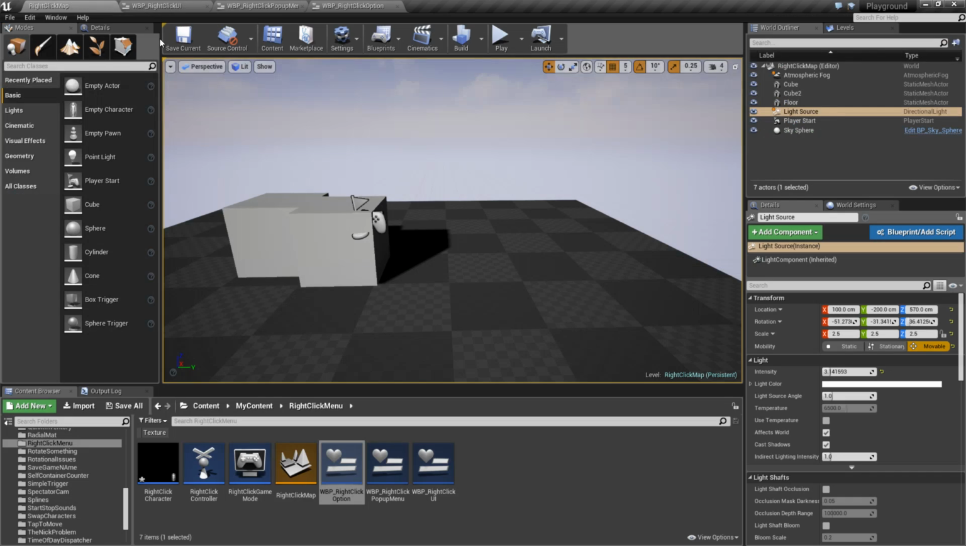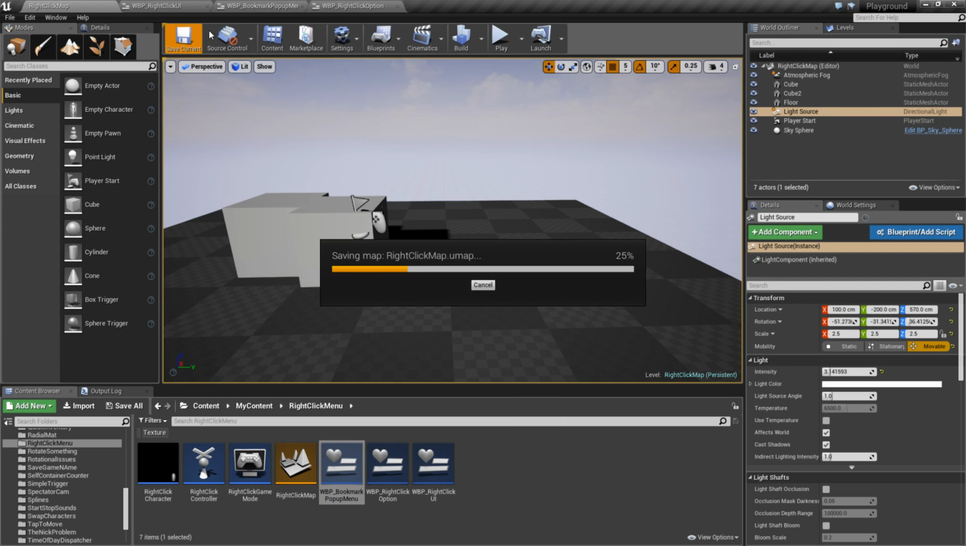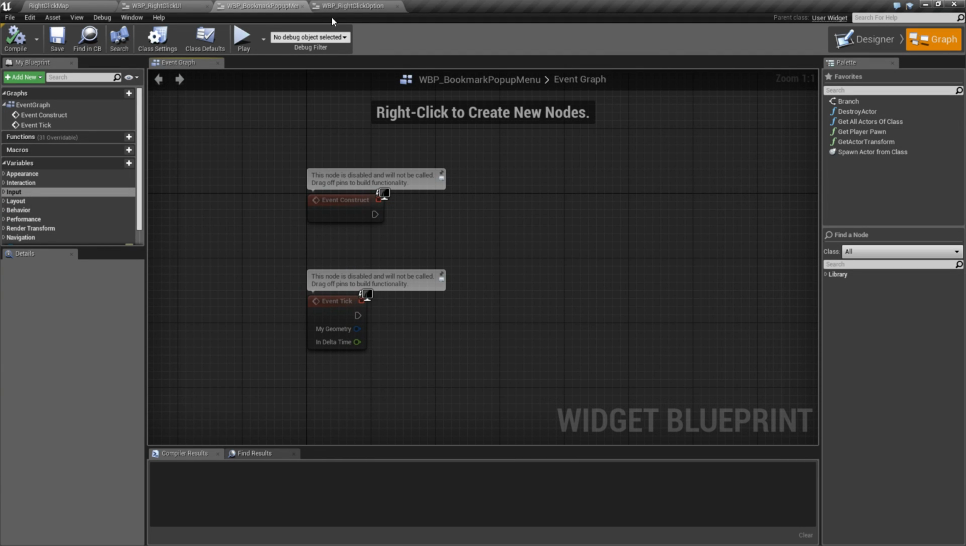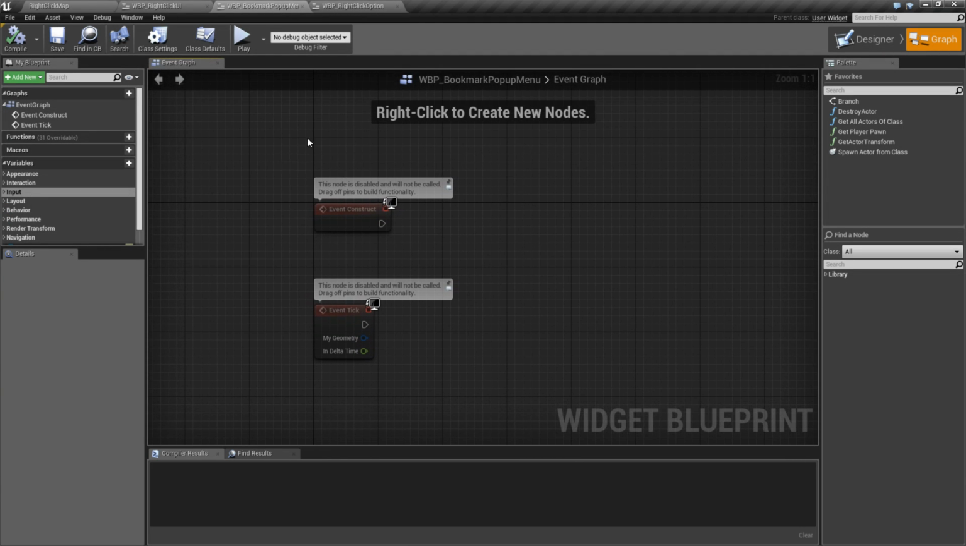So let's rename something. We're going to change our right-click menu. Here's a right-click pop-up menu. We're going to change this to our bookmark pop-up menu. So now we know the intention of this. This menu will pop up appropriately, and it'll be for bookmarks. And inside of our bookmark pop-up menu,